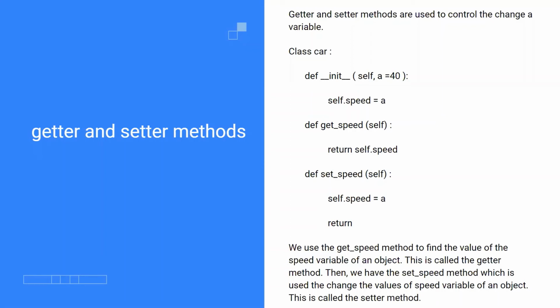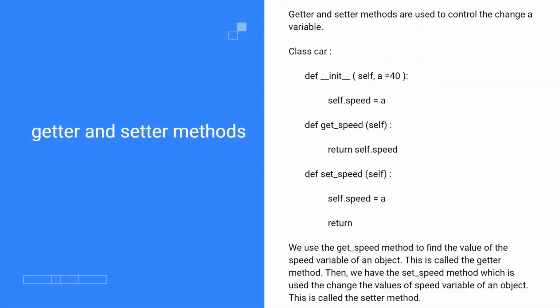Then inside the class car, we are first defining the constructor by writing def, then the init function, and inside the init function there are two parameters, self and a formal parameter a equal to 40, which is default. Self is used with every function that we define in the class because the self parameter points to the current object. So this is mandatory in Python. After that, inside the constructor, we are writing self.speed is equal to a. So basically, speed is a member variable of the class, and we are assigning the value a to it inside the constructor. Then the get method, that is get speed.